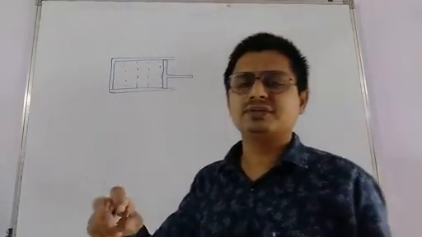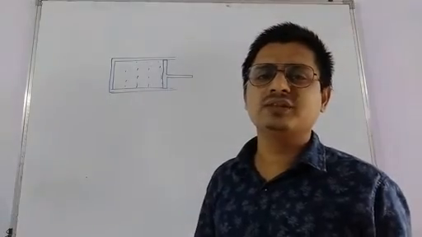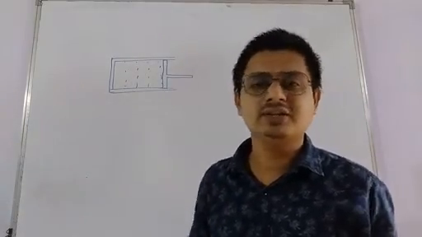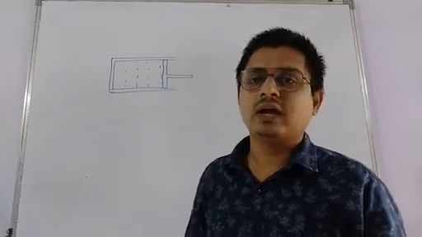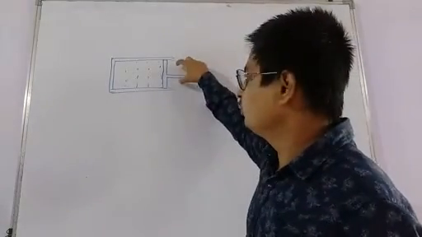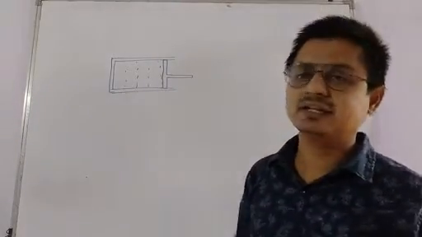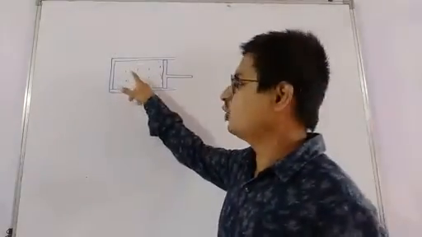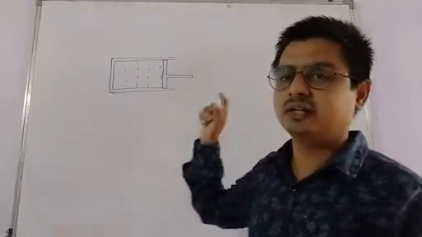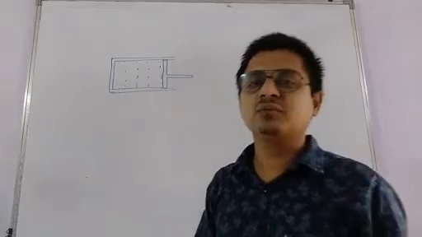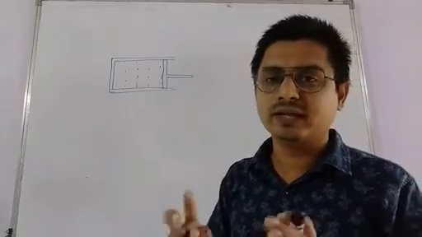We saw that when the piston is pushed inside, work is done by the surrounding on the system, so that is called positive work. And when the piston is moved upward, that is outside in this case, there will be work from the system on the surrounding. So such work is taken as negative. And if there is no motion of the piston, there will not be any work done.